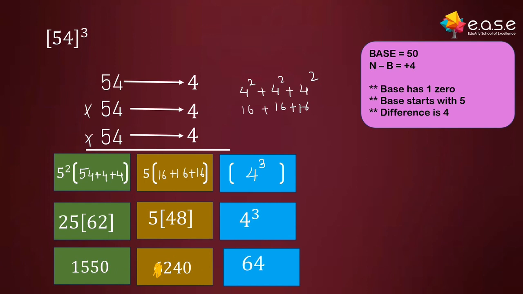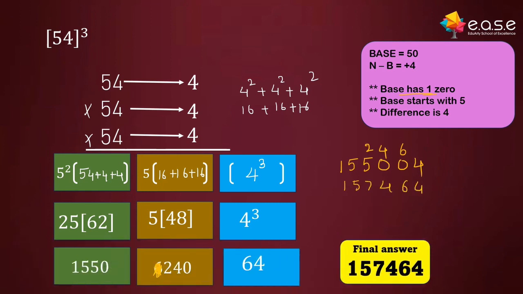Okay, now let's arrange the answer. That's going to be 1550, 240, 64. Okay, since the base has only one 0, we can write only one digit in each colored box. Correct? So then our final answer is going to be 157464. Let's see what our answer is. 157464. That's the answer. This is how you do